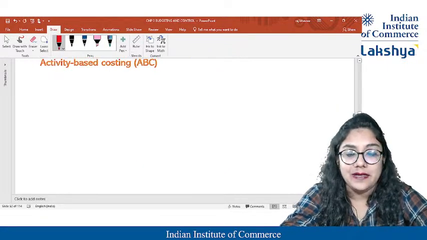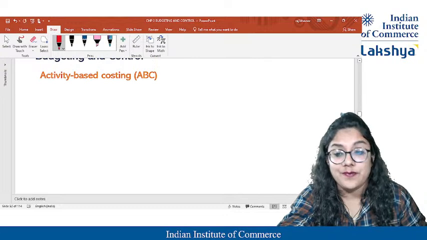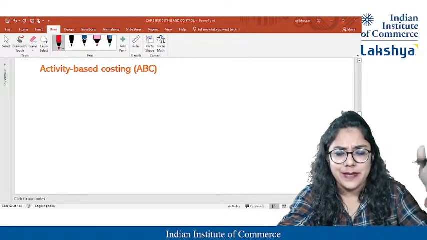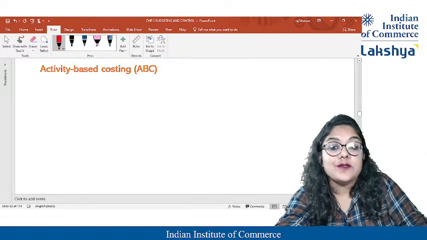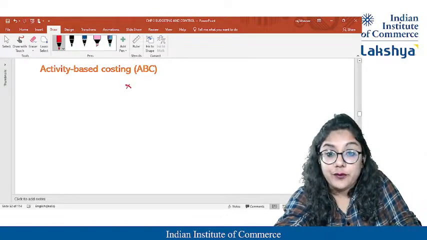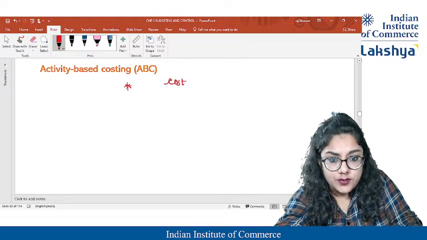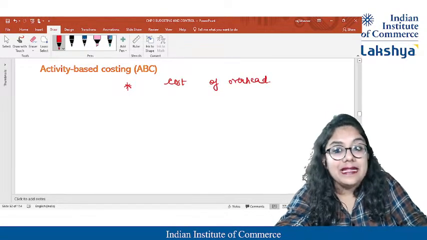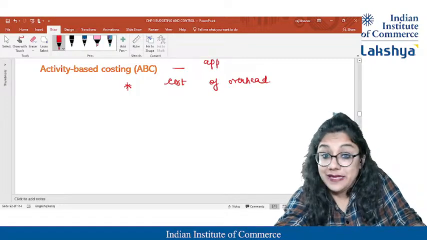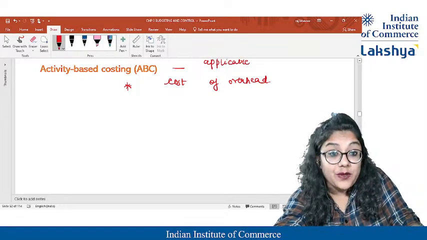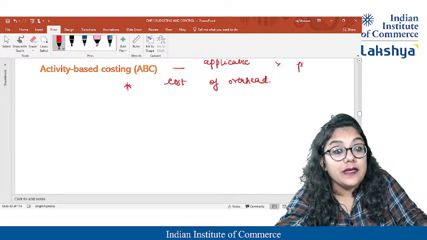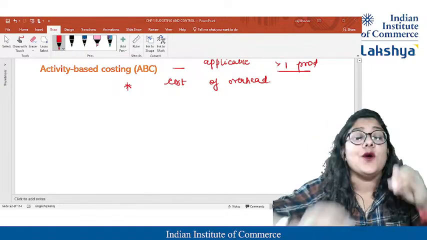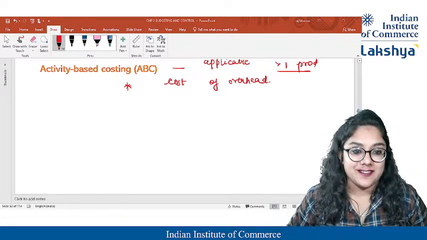To learn that activity, we have ABC analysis, that is known as activity based costing. So when I say activity based costing, what is it? We normally have to find out the cost of overheads. Students, this ABC is applicable, please keep in mind, where we have more than one product. If it's more than one product, only then I have to bifurcate between products.